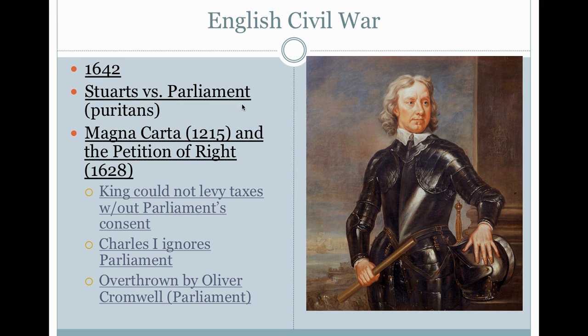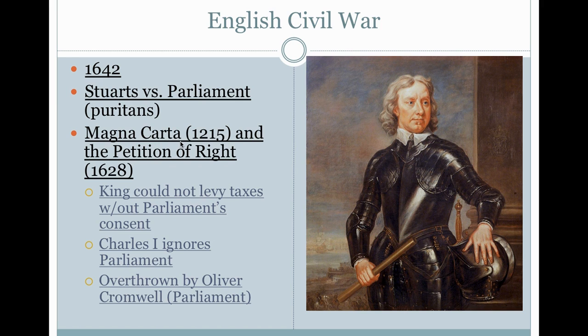Parliament is the governing body. I think I mentioned this in Unit 3. England did have kind of a small checks and balance system or some separation of powers. They had a Congress, right? The poor people weren't represented, but landowners were, for example. So Parliament did try to check the power of the king. At that time, many Puritans had emerged, and the Puritan groups were in charge of Parliament. In 1215, 400 years earlier, we do have this Magna Carta.